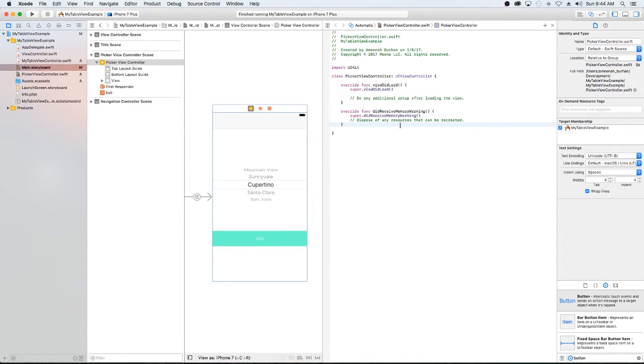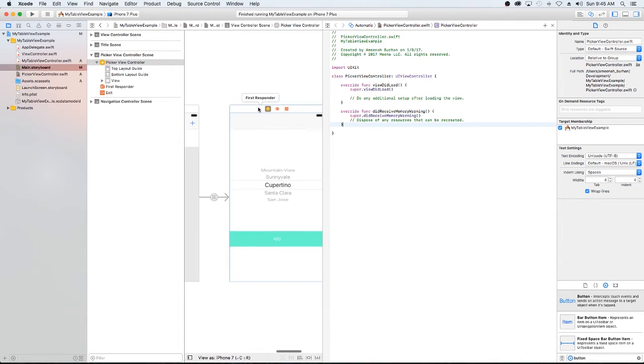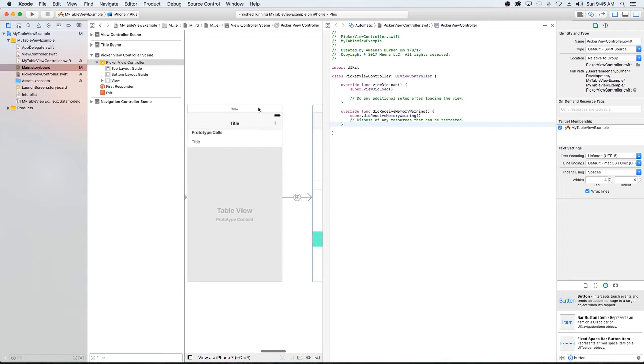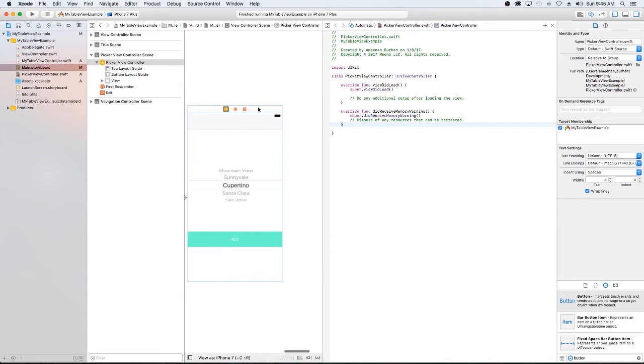I can't remember if I said I was going to use Core Data in this or no. Oh well. I can't remember. Anyway, so what we want to do is